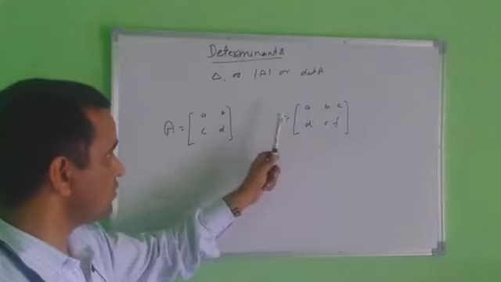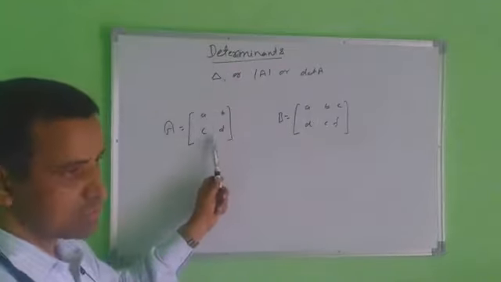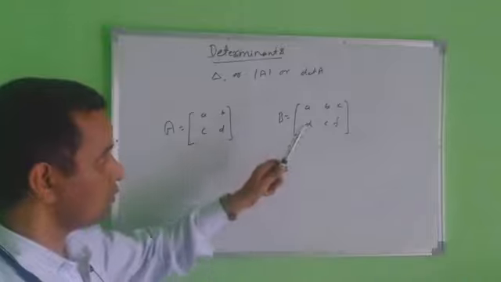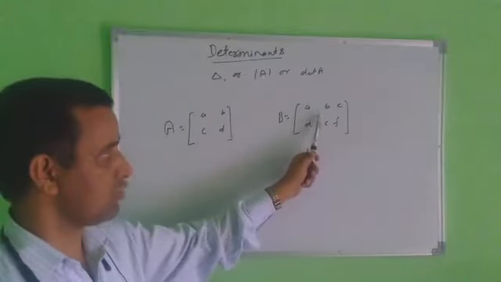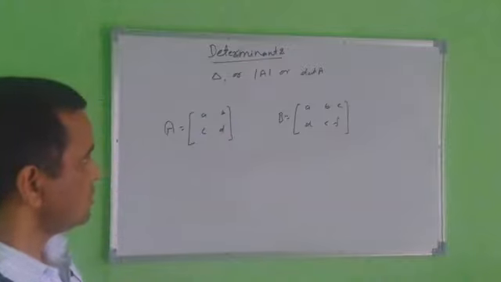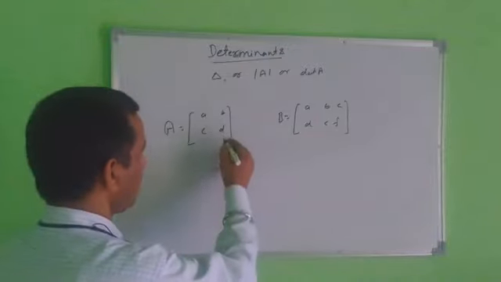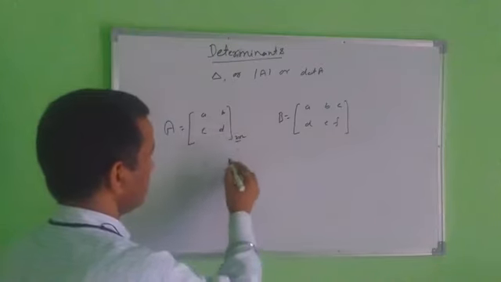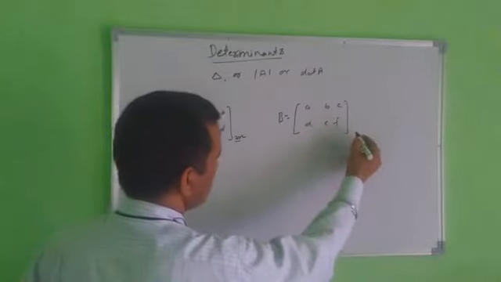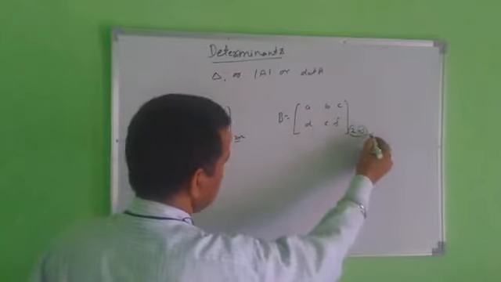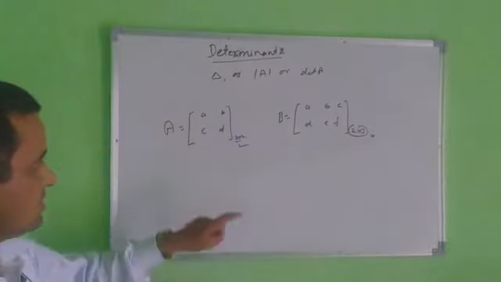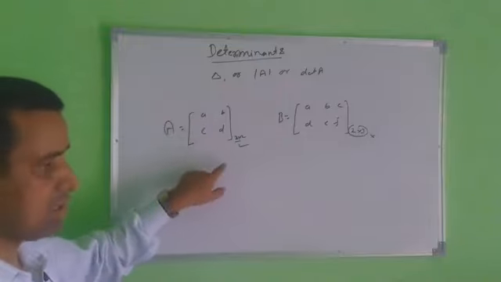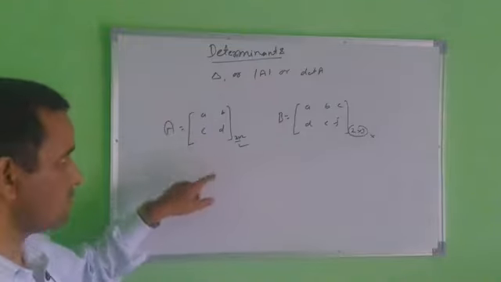You can find the determinant value of only a square matrix. Those matrices that are not square, you cannot find the determinant value. What is a square matrix? Those having the same number of rows and columns. Suppose 2 into 2 order, that is square. But this is 2 into 3 order, so this is not a square matrix. This is a square matrix, because it has the same row and column: 2 rows and 2 columns. Suppose 3 rows and 3 columns, the 3 into 3 order is also called a square matrix.